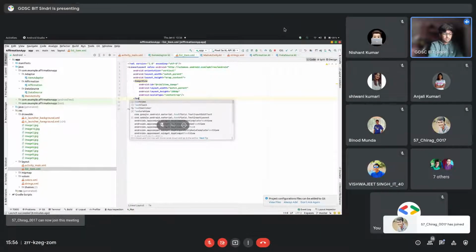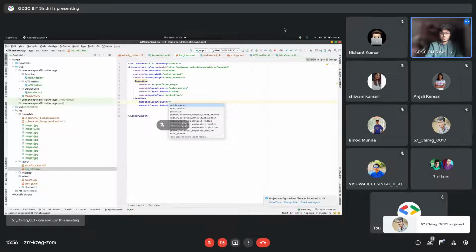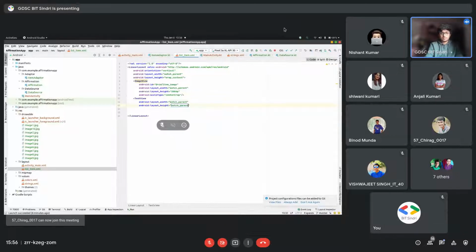Now let's create a text view, match parent. Let's give it an ID, item_title.